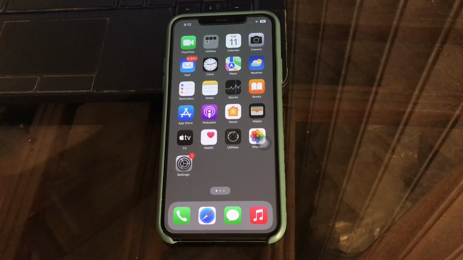And the next step is modify the system's language. Some iPhone users have reported that they have resolved this issue by changing the system's language on their iPhone. So we recommend our viewers also try changing the system's language and see if it might work for you or not. For this, go to settings,